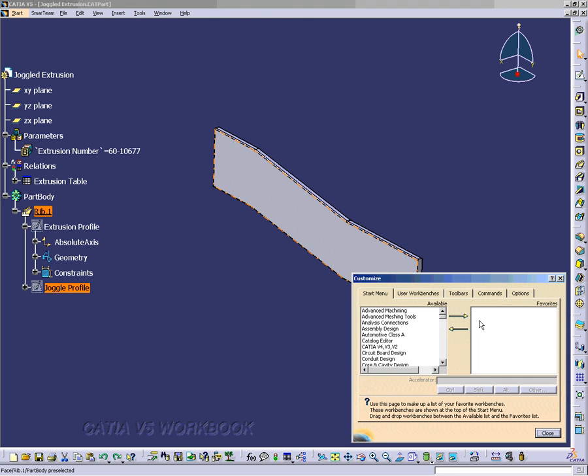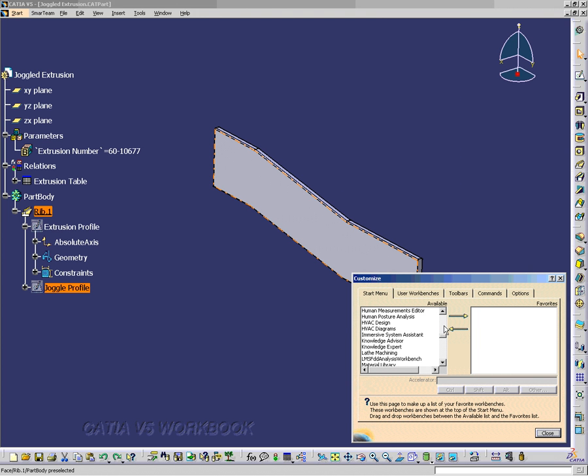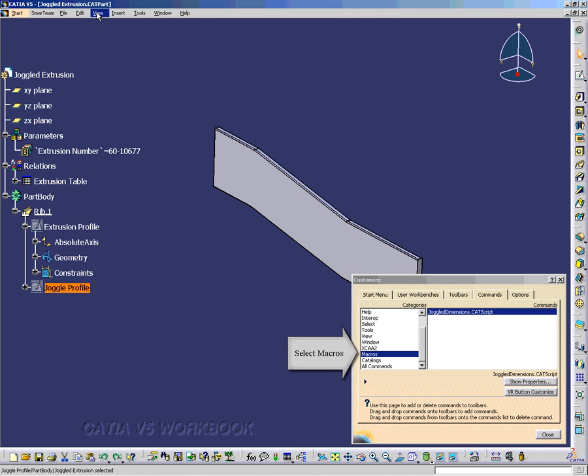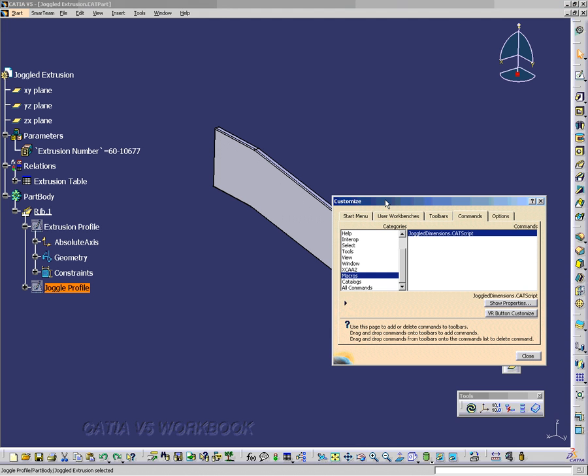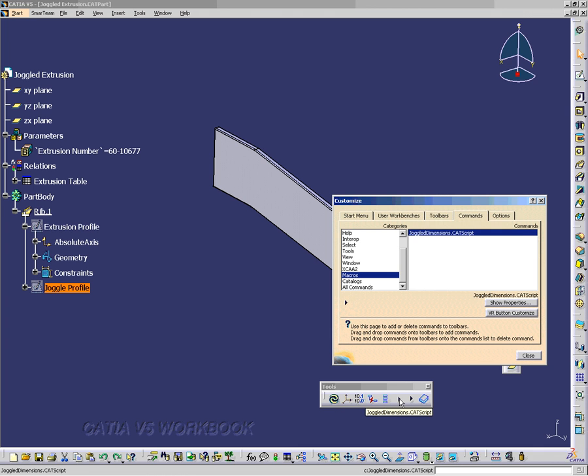Now we can add this macro to one of our toolbars, and that way we don't have to go in each time and select the macro. We can just have it as a tool on our toolbar. So we go to the Commands tab and we go to Macro, and here we have the joggled dimension CATScript, and we want to get the right toolbar. I'm just going to put it on the Tools toolbar, and all you do is drag it onto the toolbar. Now somehow I got 2 of them there,